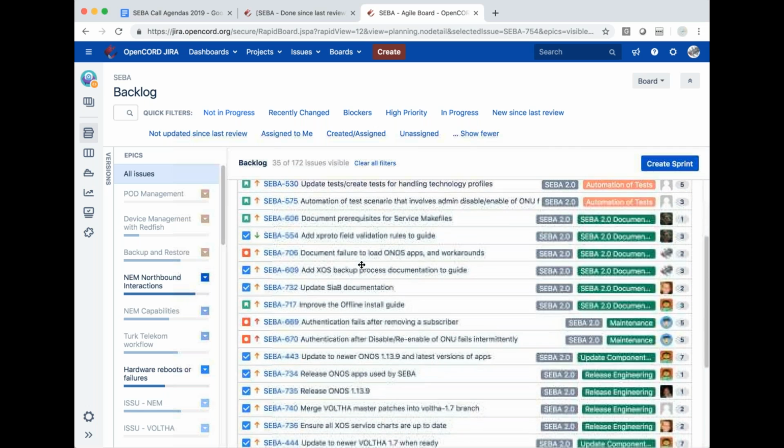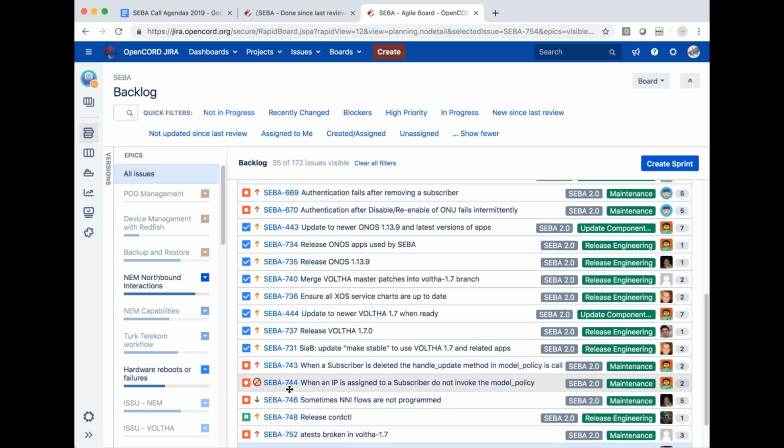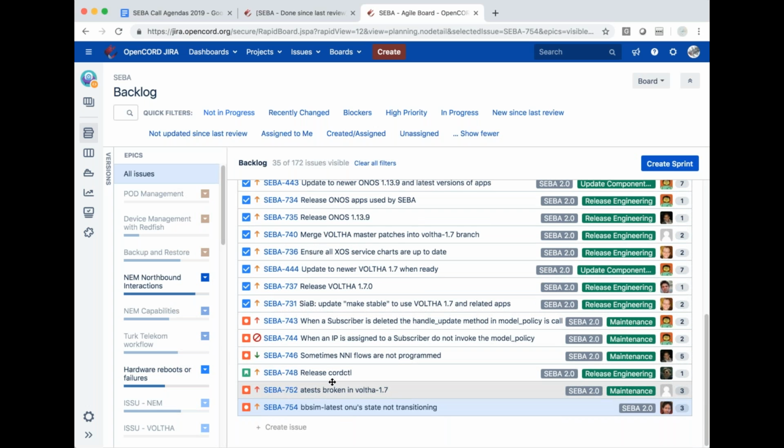Okay, that's great. And it looks like the only thing that's a blocker right now is SEBA 744. Is that correct? I think, yeah, I guess so. Let me just quickly check, because we had already an issue.